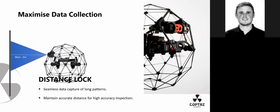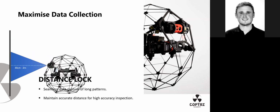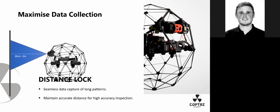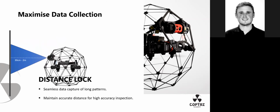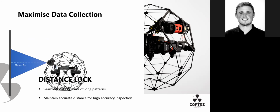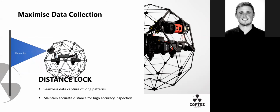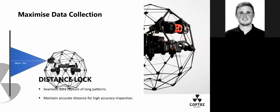Another great feature which a lot of people don't understand about drone technology is that if you stick a laser sensor on the front, you can work out or estimate an approximate measurement of what you're looking at. Because you know the X, you can understand the Y. Let's take a ballast tank, for example. If you're doing the seal around the side, you can get to a single point and fix the distance,